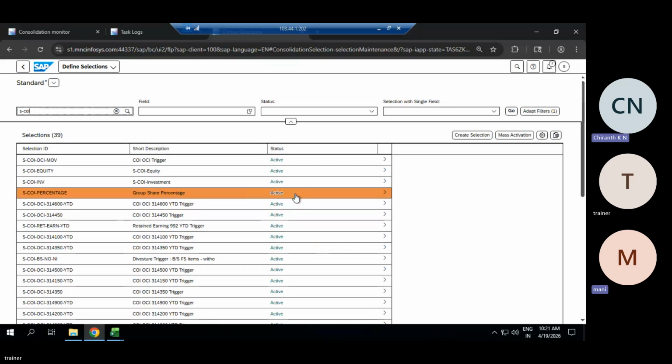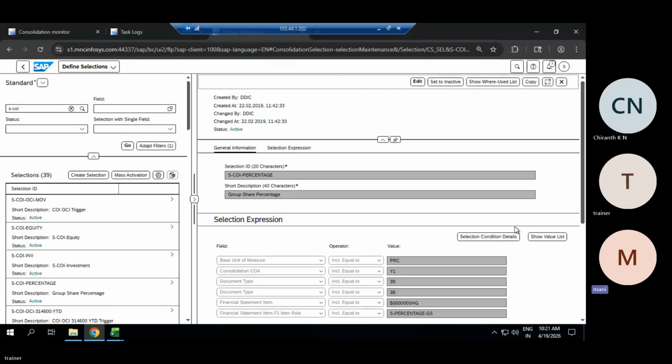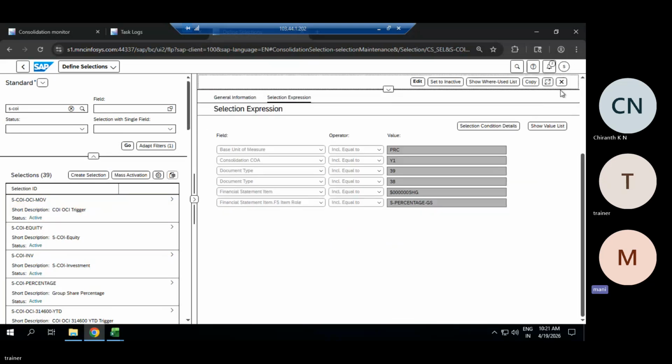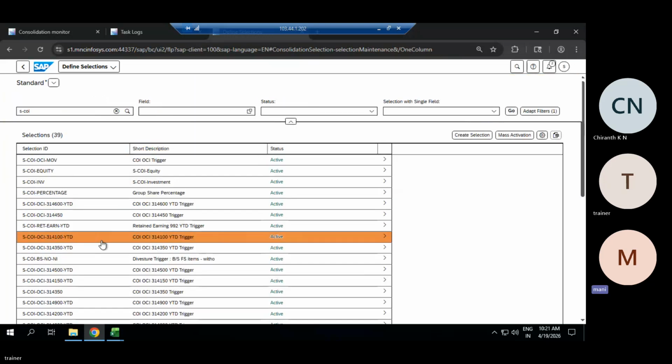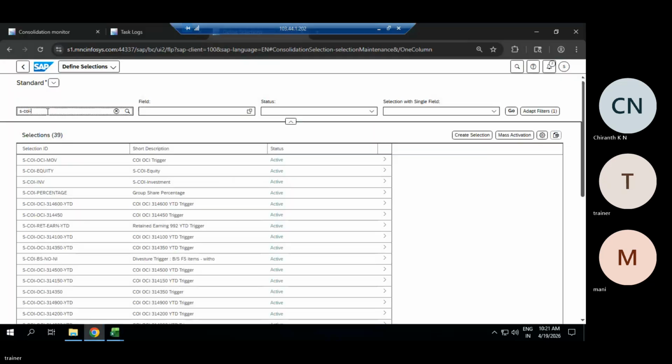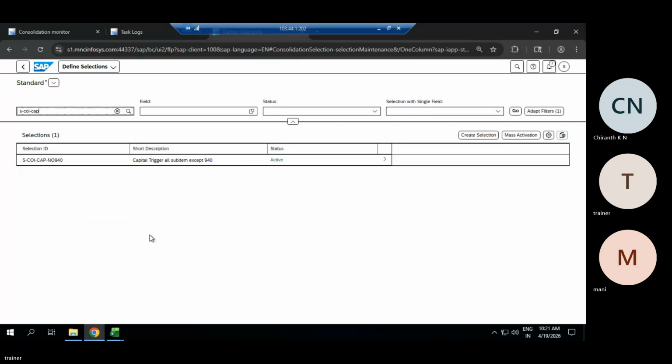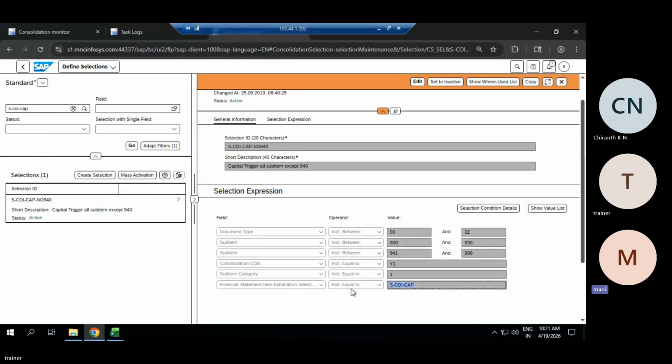I think maybe in this one. No, not here. We'll have to check for the selection. Not sure. Yeah, here we can see. What is it? Sub-item category 902, 999.